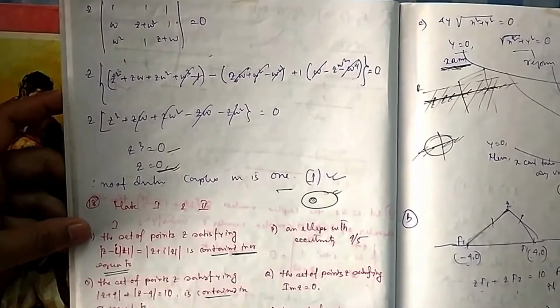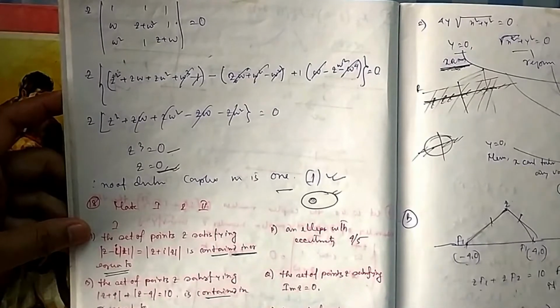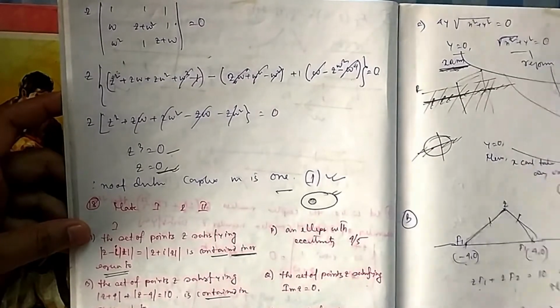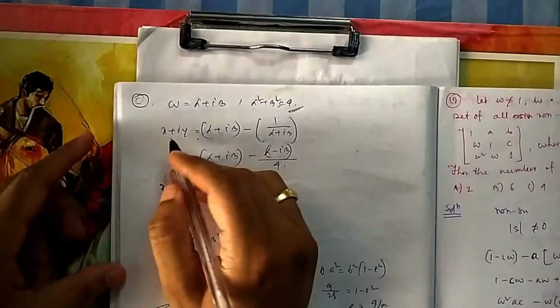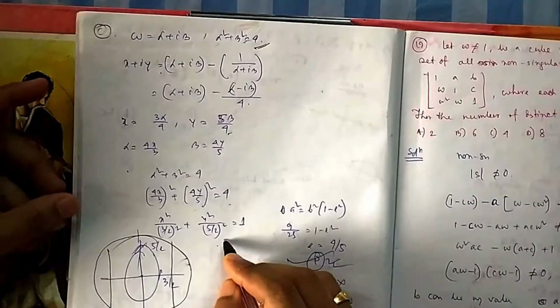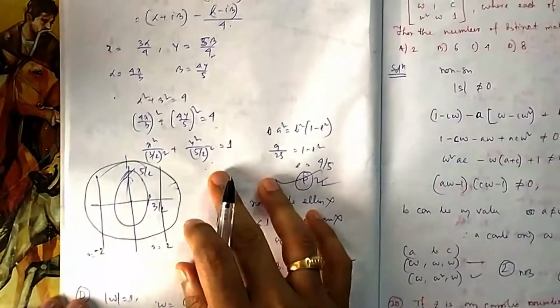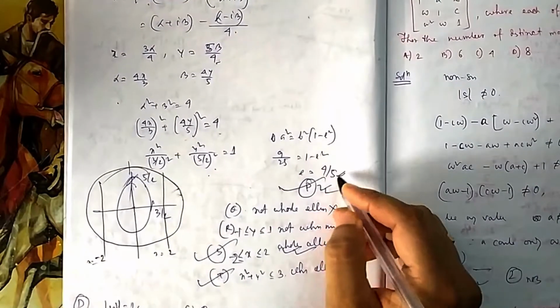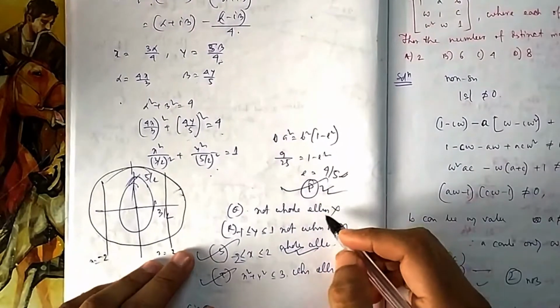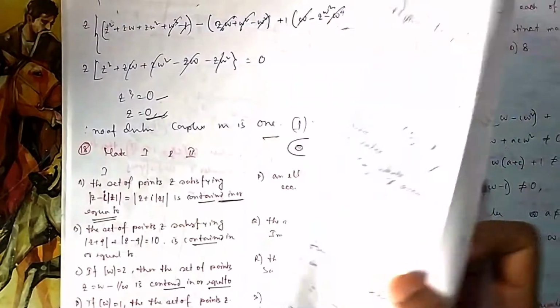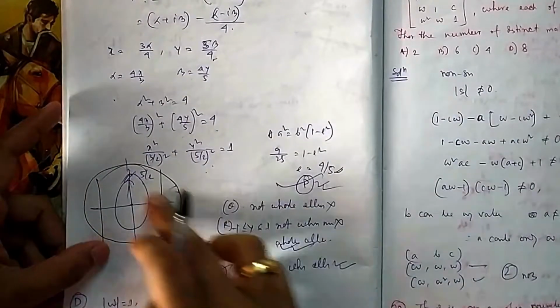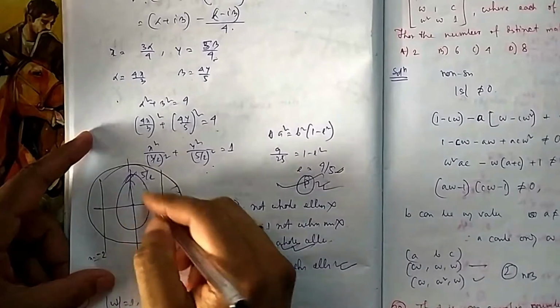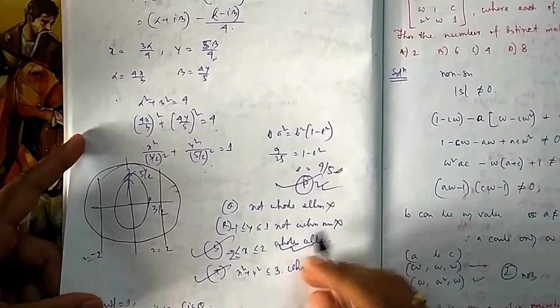Because we are calculating the locus of z, the set of points z which satisfies this. So for z we have taken x and y, and we have got the equation of x and y. So this is the locus where z can go. You calculate the eccentricity, it is 4 by 5. So P will be the answer. Q is what? Q is only the x-axis, so it is not containing the entire ellipse. This is your ellipse. So next one, R.